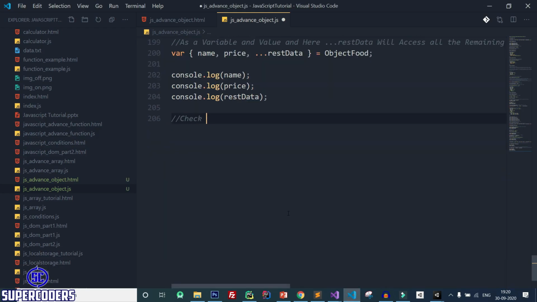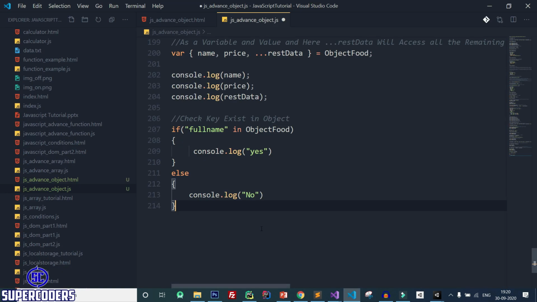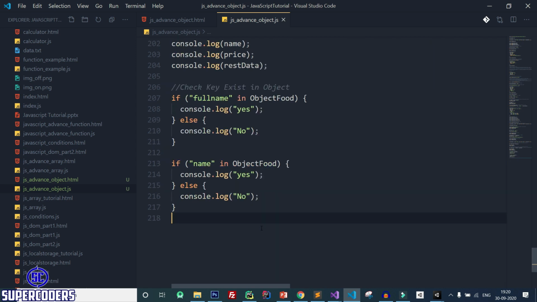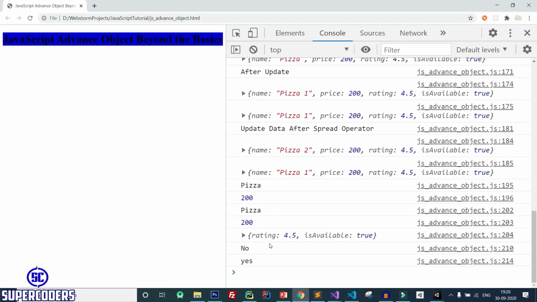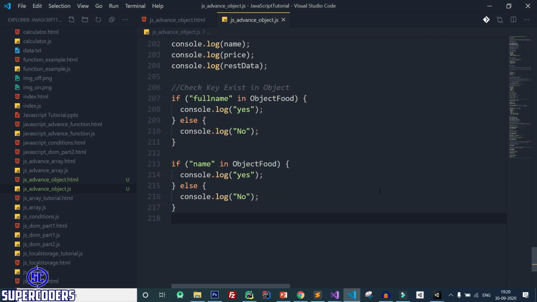Check key exists in object. Let's copy this, paste it, also copy this, paste it, and paste it, save it, back to Chrome, refresh the page. You can see no and yes, because fullName does not exist, but name exists. Now let's check the last example.